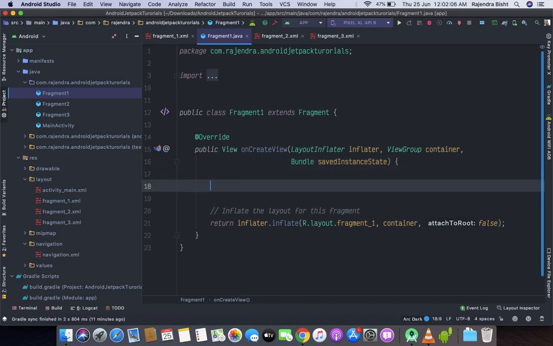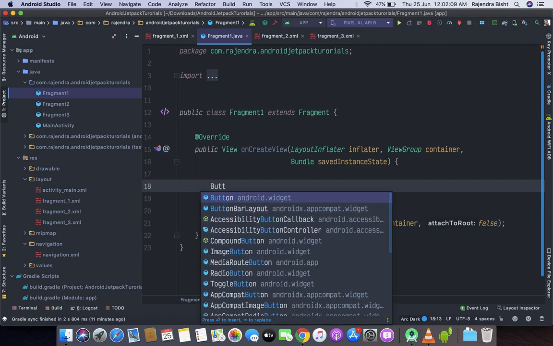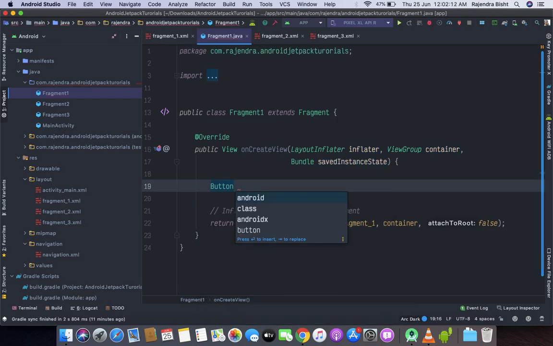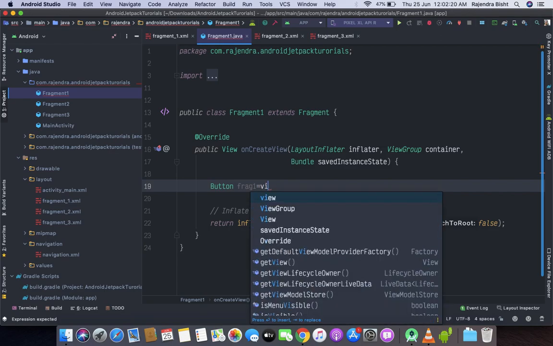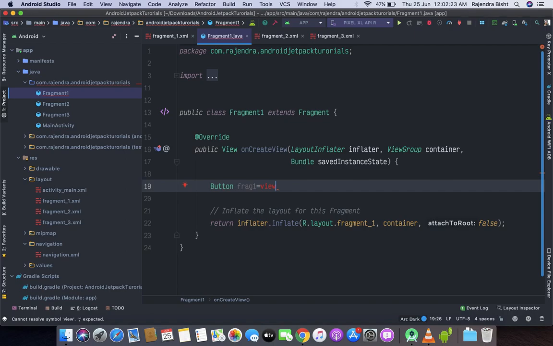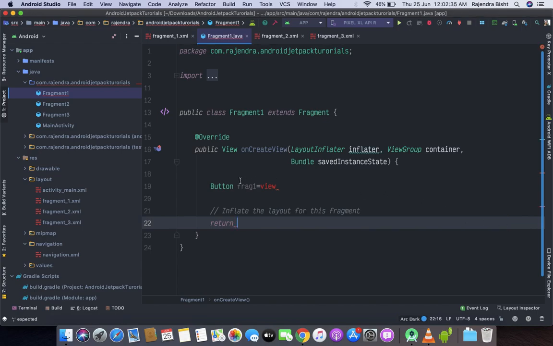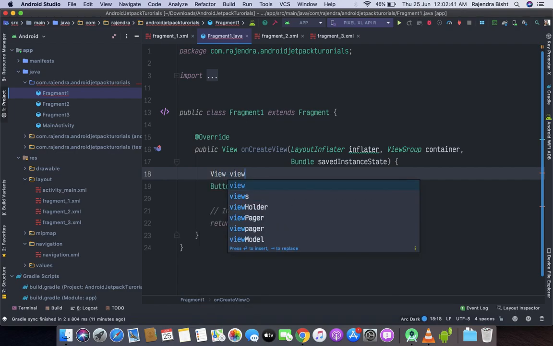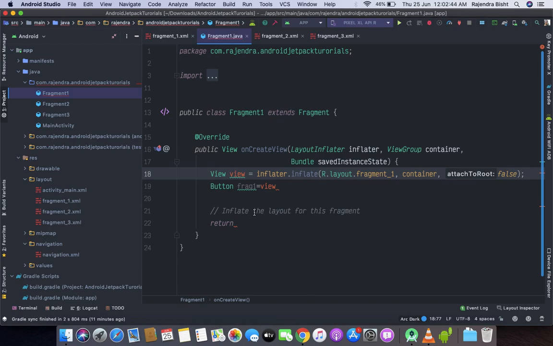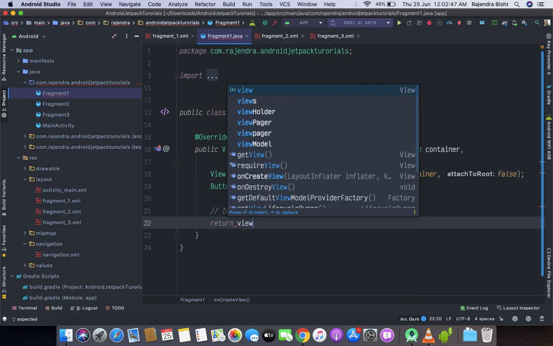Button frag1 equal to view, here I will return a view.